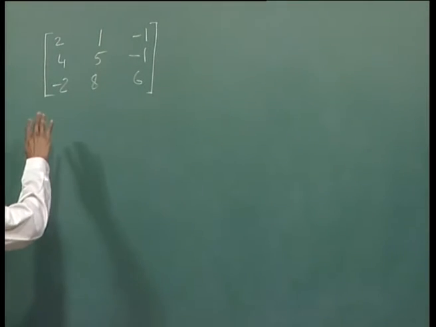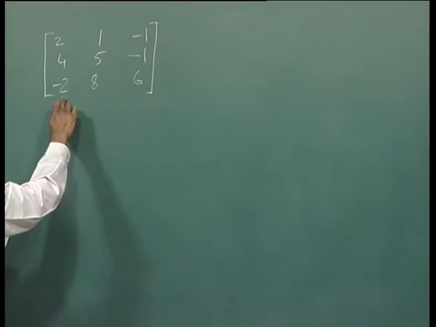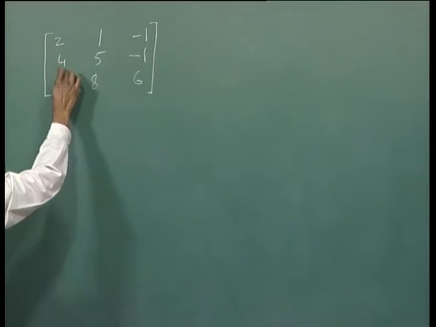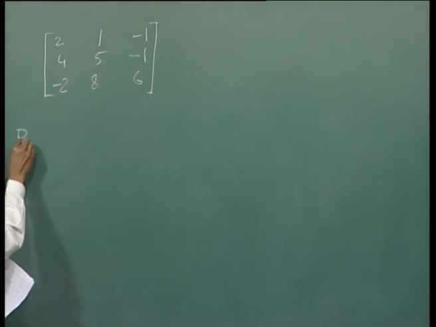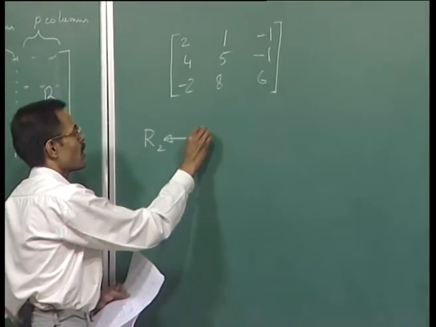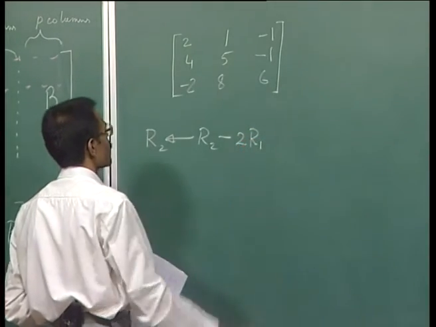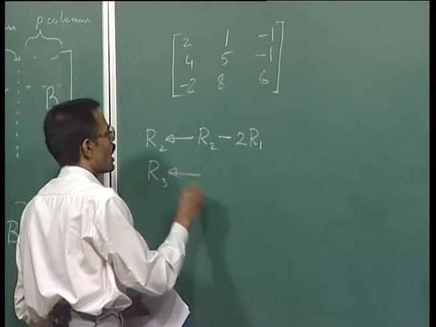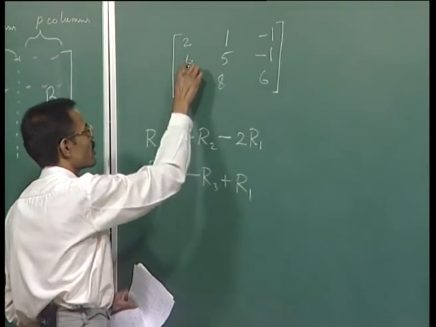So, first round, while conducting the Gaussian elimination, what do you want to do? You want to get zeros here. In Gaussian elimination itself, you do not bother to get 1 here. You just want zeros in the sub-diagonal locations. So, these two locations you want to make 0. So, what will you do? You will say that from the second row, I will subtract twice the first row, and to the third row, I will add the first row. That will give me zeros here. Okay, let us do it.